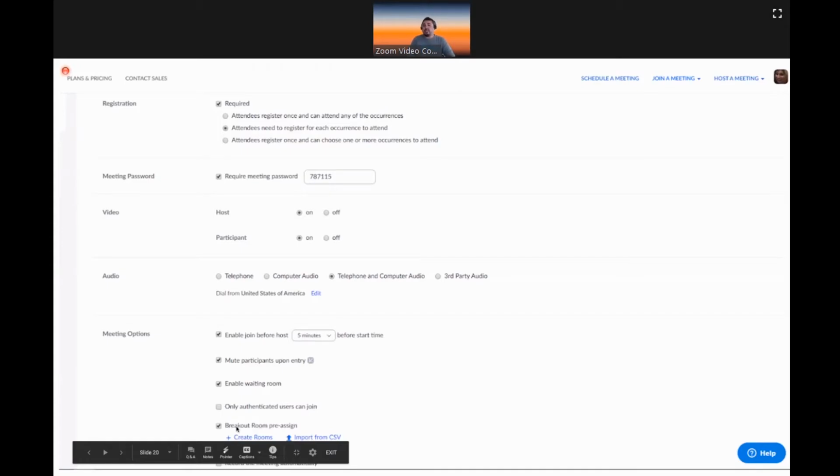If you want to pre-assign people to breakouts, right? So personally, I recommend this, but if you don't do this, or if you find I'm not ready for that one just yet, I'd prefer to learn how to actually manually or automatically create the breakout rooms live in the session. I say be versed with all of them, right? This feature here, as I click on this link here called Create Rooms, allows me to create the breakout rooms during the